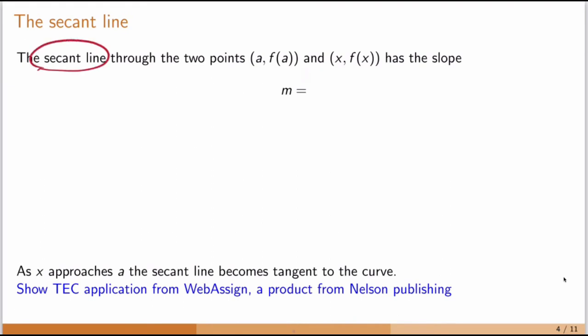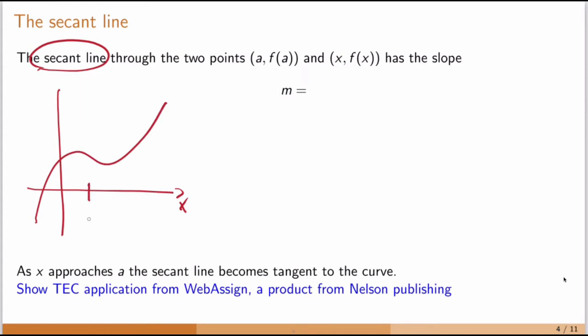So let's look at this graphically, and I draw an arbitrary curve. So here's the x-coordinate and here's a curve. And then I choose 2 points. I choose a point a and I choose a point x. And then the function value at a is f of a, which is here, and the function value at x is f of x, which is here. And then I draw a straight line through the points (a, f(a)) and (x, f(x)),